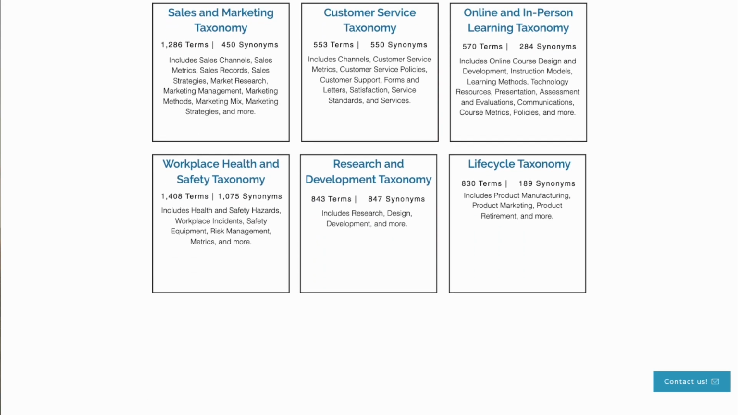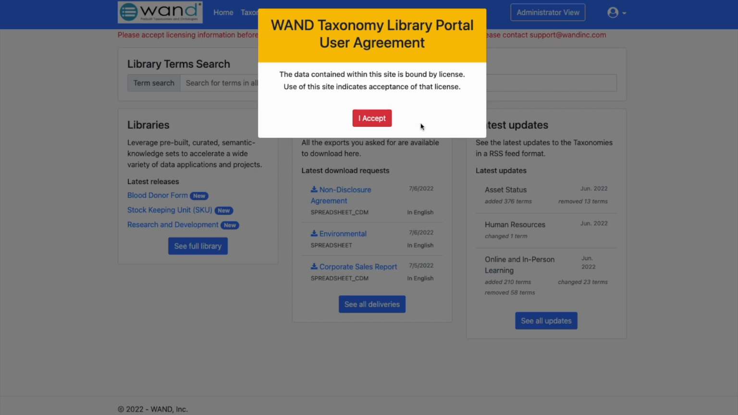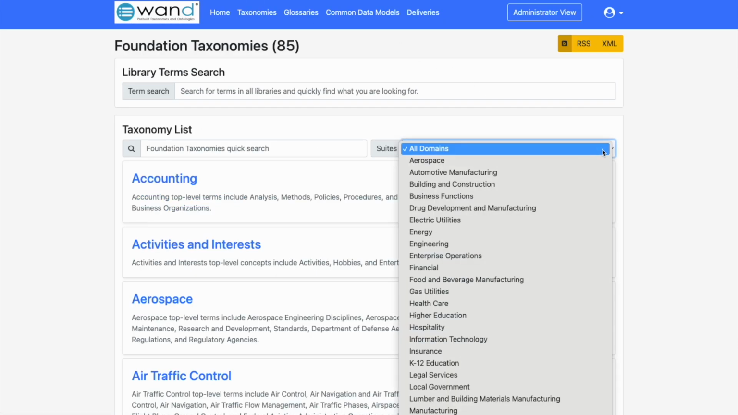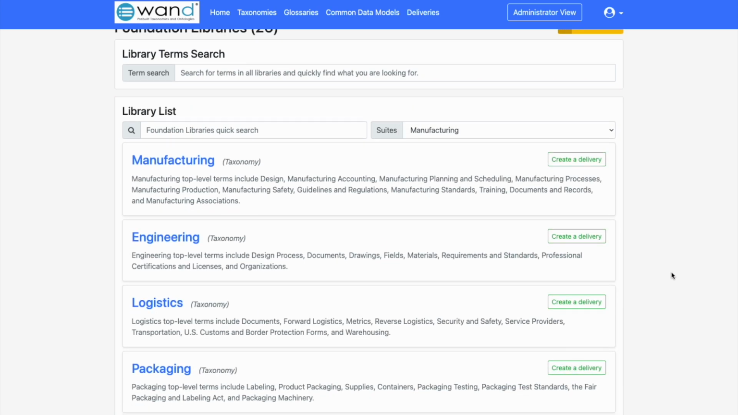The download, delivery, and access to our taxonomies takes place on our WAND Taxonomy Library portal. Each of our clients gets a username and a passcode. Once logged in, you'll be able to go to the taxonomy library, and we're interested in the Manufacturing Taxonomy Suite. These are the metadata models that will address all of the domains of knowledge within your business: